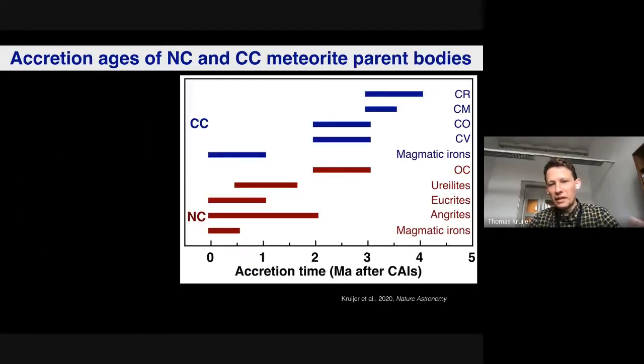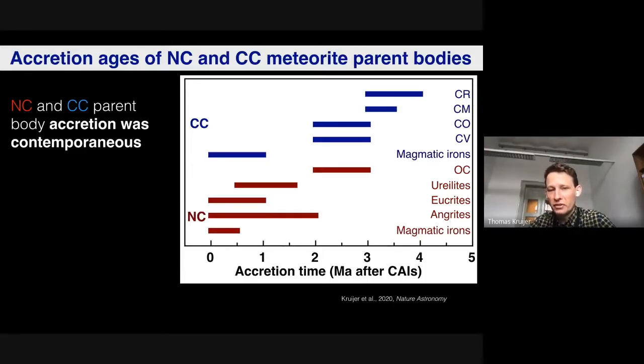Now let's combine these observations for iron meteorites and chondrites, as well as several other groups, into one diagram. And this is what you get then. So this diagram shows you the accretion time for NC and CC meteorite parent bodies. And there's a very crucial observation that can be made here. And this is that in both of these genetic reservoirs, accretion was about contemporaneous and lasted a period of time, right? So the blue and the red bars overlap over a time interval that lasted several